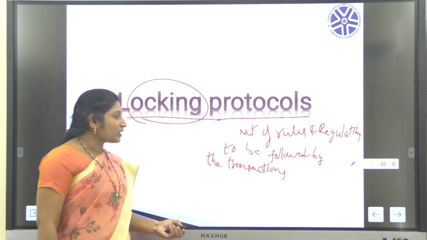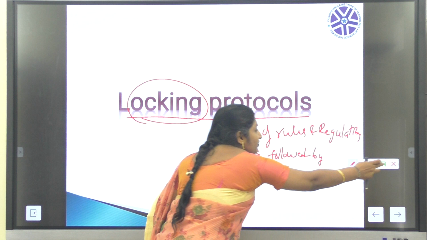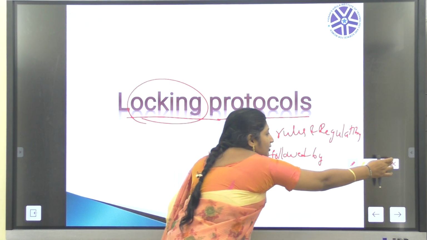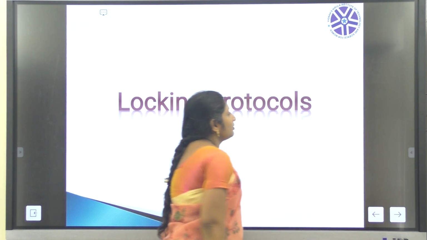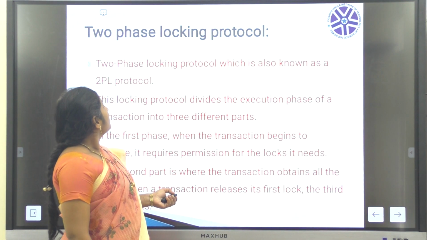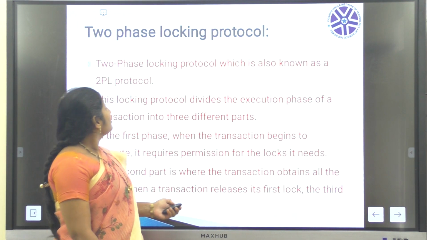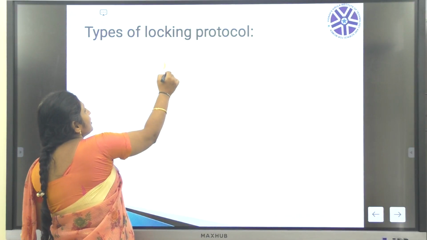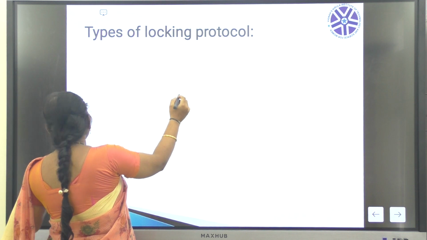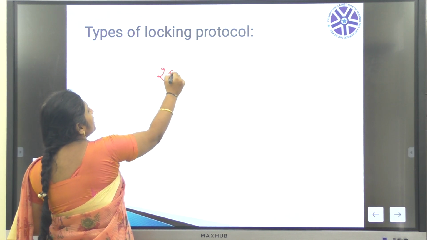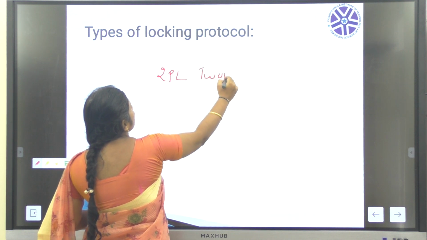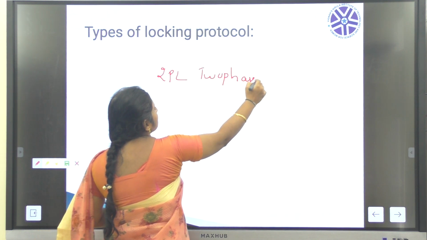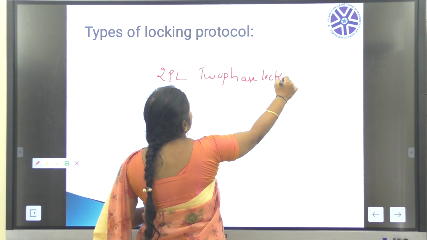Now we will discuss the different types of locking protocols available. There are actually three types of locking protocols. The first version of the locking protocol is 2PL. 2PL can be called the two-phase locking protocol.